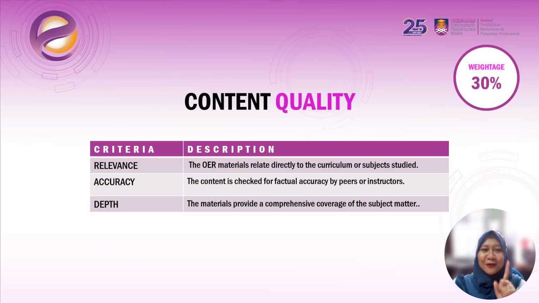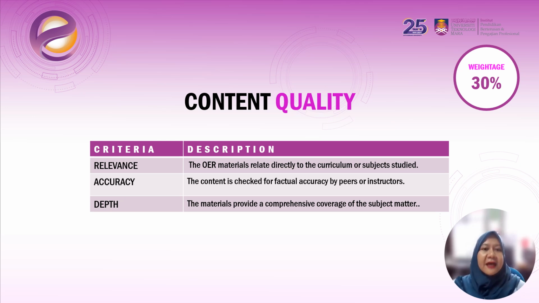So first up, content quality. So here we want to see materials that are accurate, relevant, and cover the topic comprehensively. Whether it is about learning the planets, or advanced calculus, here's what to keep an eye out for. So the first one is relevance. So as a jury, you have to check whether the material matches the curriculum or subject being taught. Is it age appropriate? And does it connect to what learners need, right? So that's the first one.